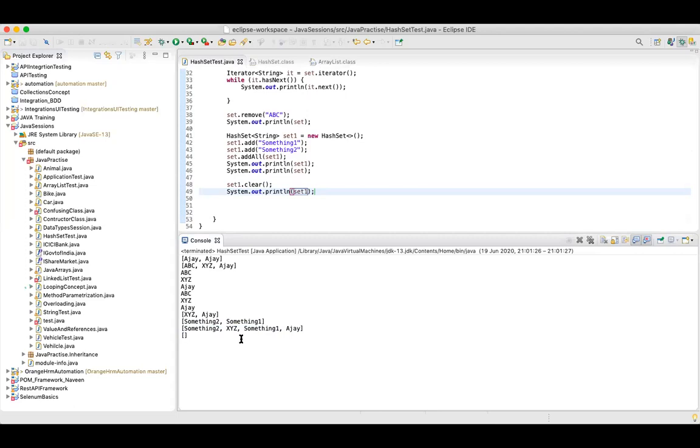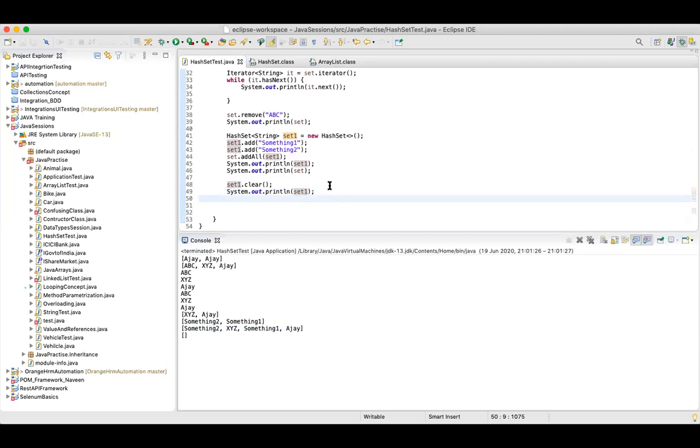Okay. Now there's one more thing, guys. This can be done from array list to hash set and from hash set to array list. Now let's assume we already have one array list. Let me print that. This is my array list.